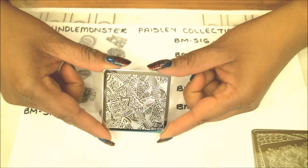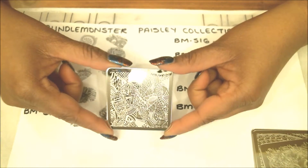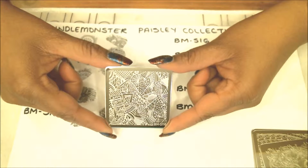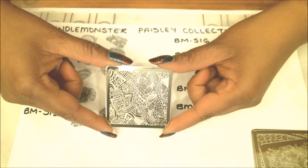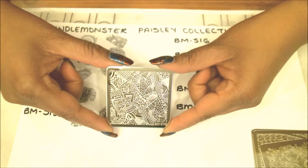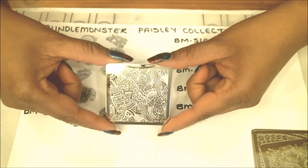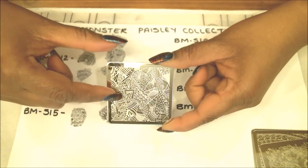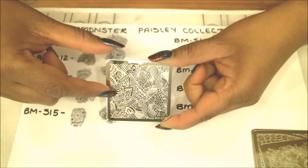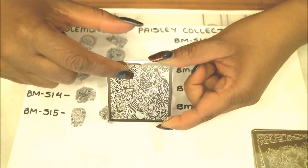And here we have S16, and again it's just loaded with different designs and images in there. This one has a little bit of, almost looks like geometrics in there as well, abstracts as well. And I think I want to pull out some from here. There's a lot of detail work in there, so let's see what this would look like here. And maybe I can go up here and see what this looks like. Okay,